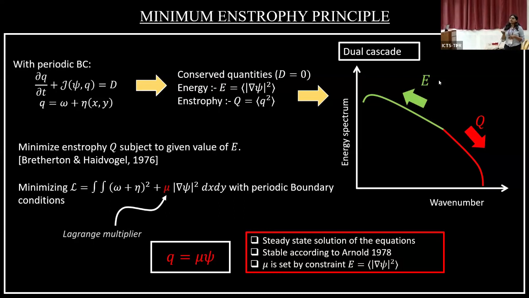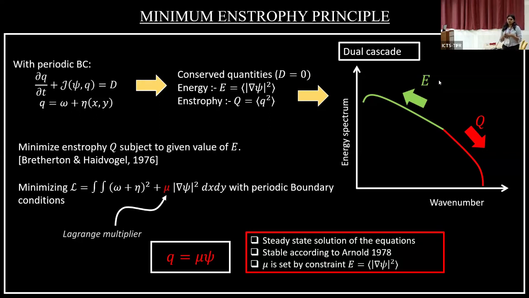This kind of equation can also be derived from our governing equation. If we suppose a steady state, where ∂q/∂t is not there, and if my dissipation term is 0, this Jacobian will be equal to 0. If the Jacobian is equal to 0, then I can write q as a function of psi. So this will be the steady state solution for the equation, and it was said that it is stable according